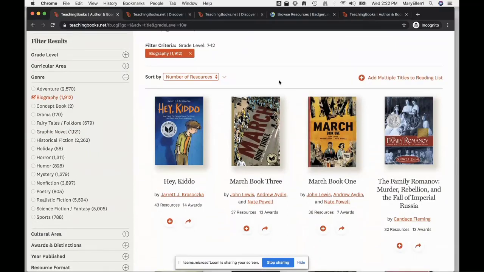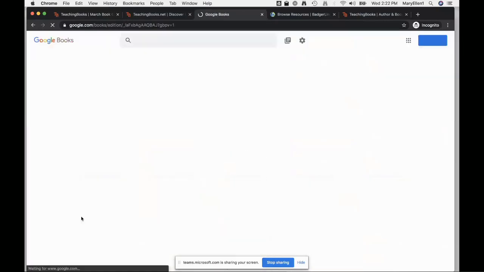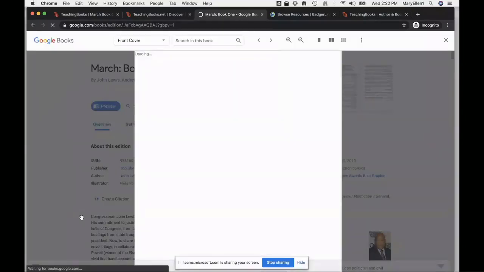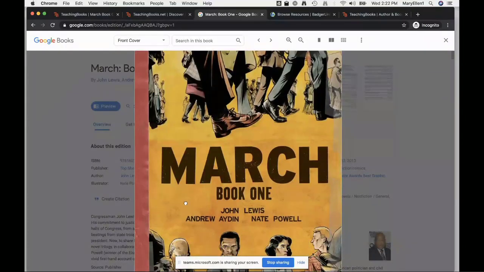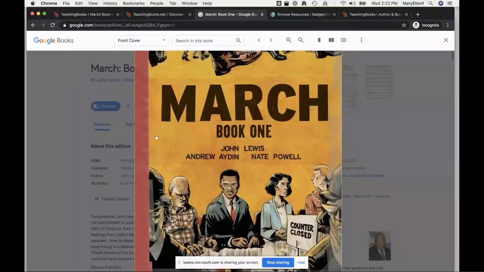Biography appropriate for 7th through 12th graders, and I can go in and take a look at these titles, and you'll see the book page looks very similar to the ones we saw before, but we can also see on many book pages a Google preview. So if I'm looking to build a collection, I can choose Google Preview, and I can get a taste of this book. It will be a percentage of the book. It won't be the whole book, but